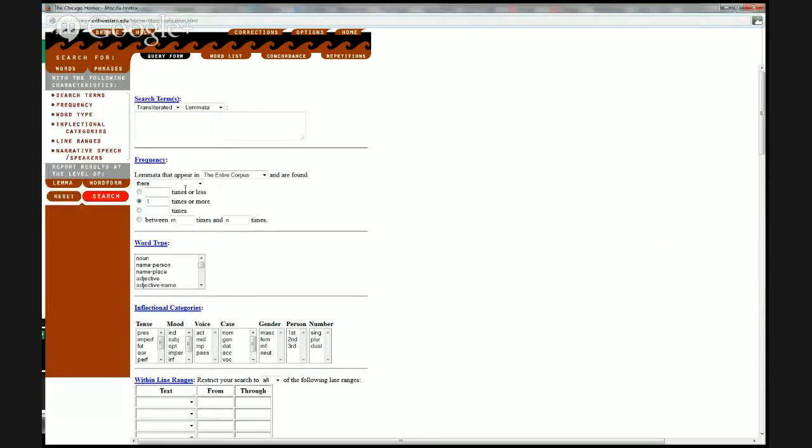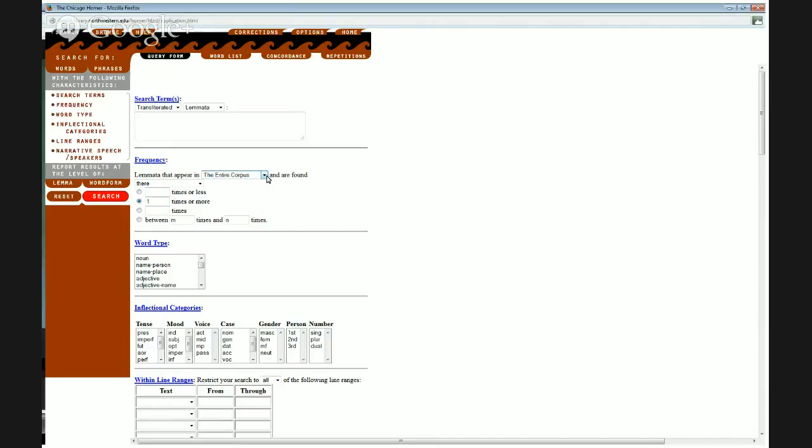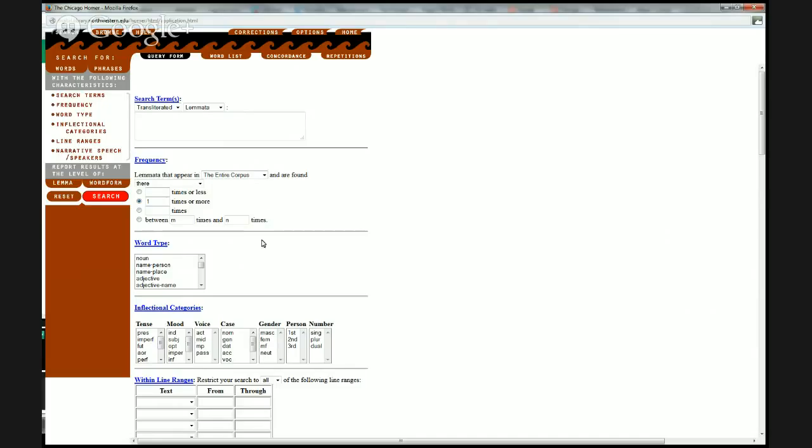we've got all sorts of different boxes, as you pointed out. You can change the number of times that it appears if you want to look at things that occur very frequently rather than just things that occur at least once. You can choose whether you're looking at all the works in the corpus in Chicago Homer or just one or other of the books. And you can choose different kinds of word and all sorts of other things. So, for example, you can just look at personal names. Under the word type, you can click name person,